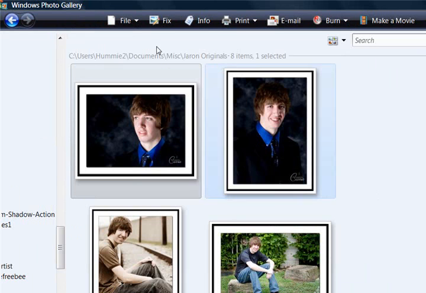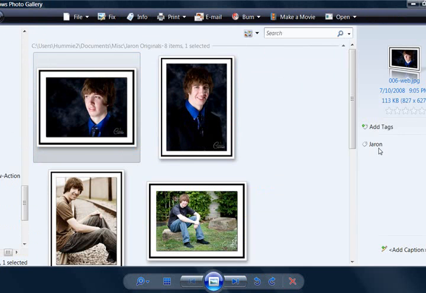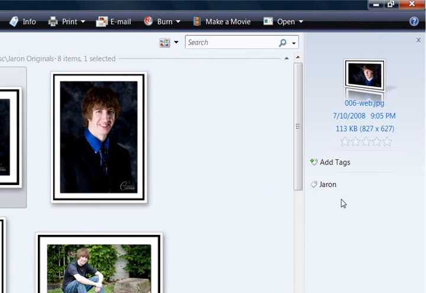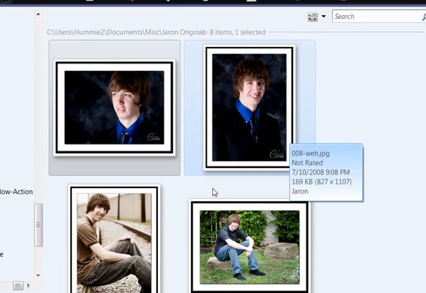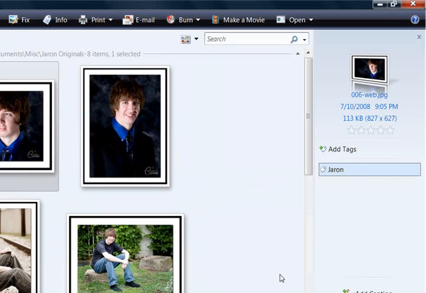And when I open up my Windows Photo Gallery, I tagged it with his name, and so you can see here that tag was immediately imported into the photo gallery. And the organizer is also going to recognize those tags because it's written directly into the file. And so you can go into other programs then and use them to search for these tags that you have written into the